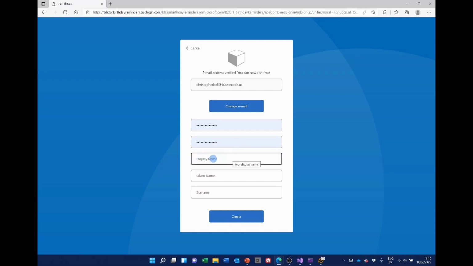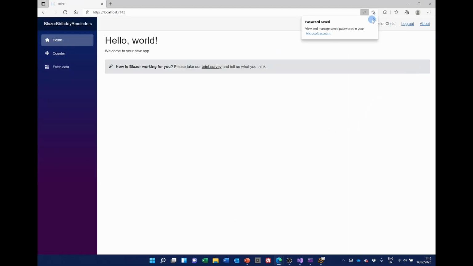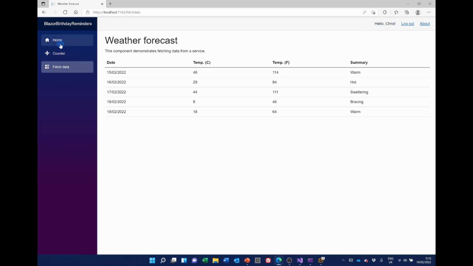Now my display name, this is the name that's going to appear in the top right hand corner when I've logged in. To make sure that it looks distinctive from everything else, I'm just going to put Chris. My given name is my first name. My surname is my surname. Click create. Save my password, and I've logged in. So it says hello Chris, and we've got the standard